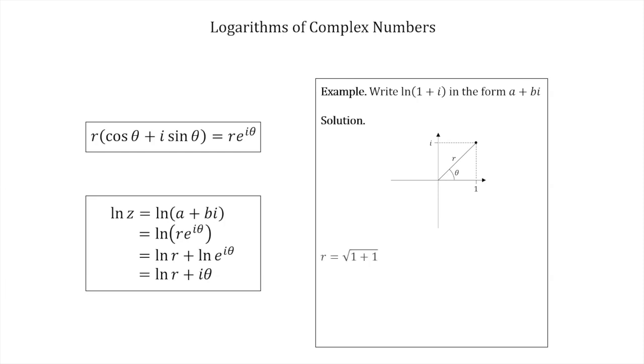Okay, so r is equal to the square root of 1 plus 1, that's just using Pythagoras' theorem, or just the standard definition for r, that it's the square root of a squared plus b squared, which comes from Pythagoras' theorem. So that's just equal to root 2. And then theta,